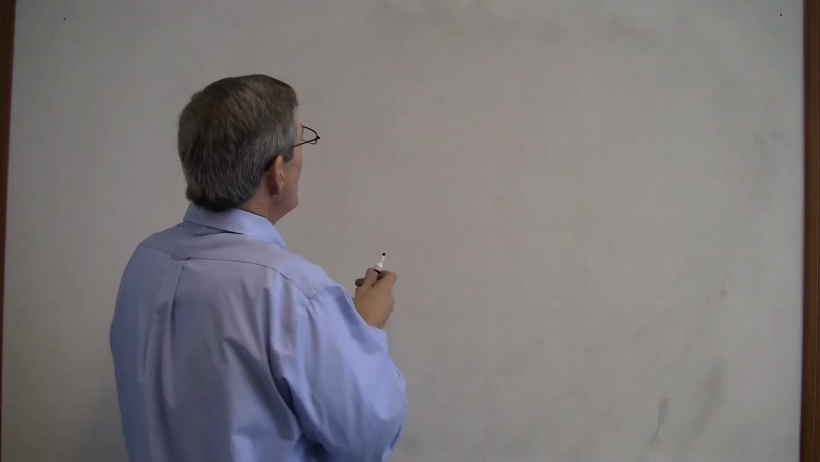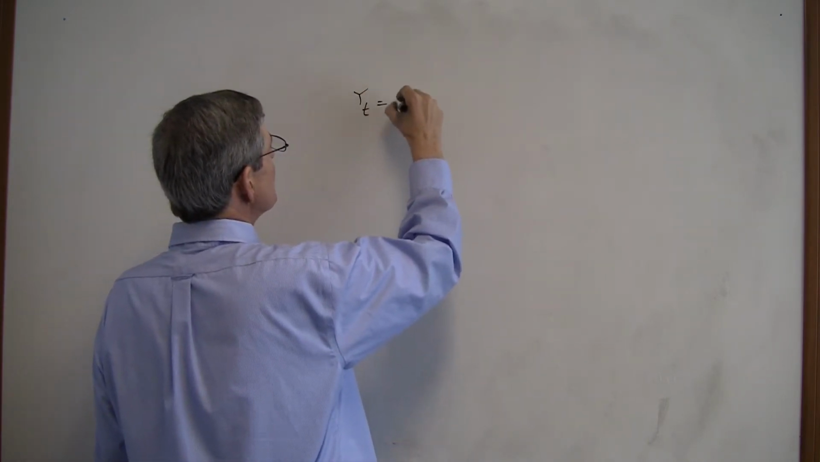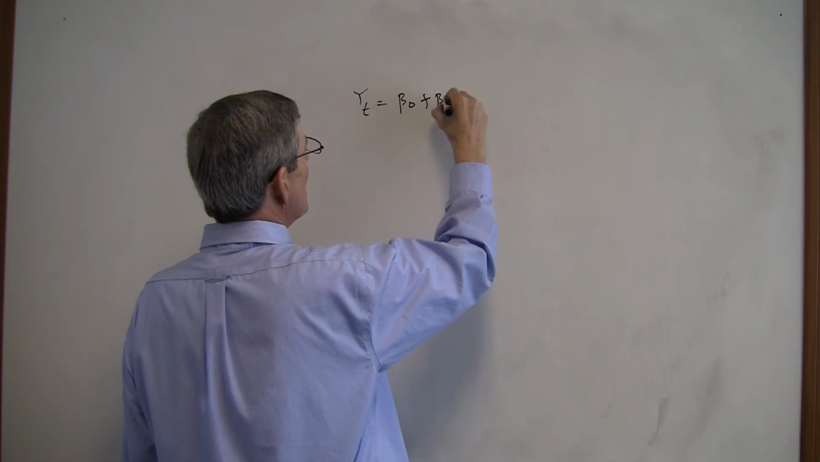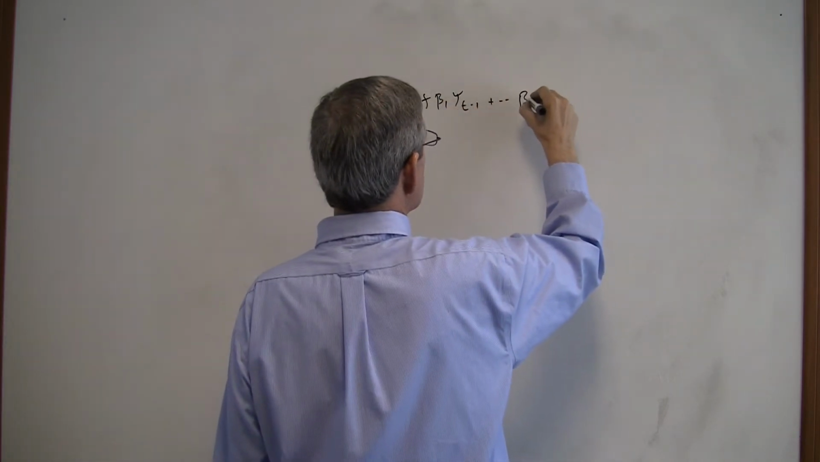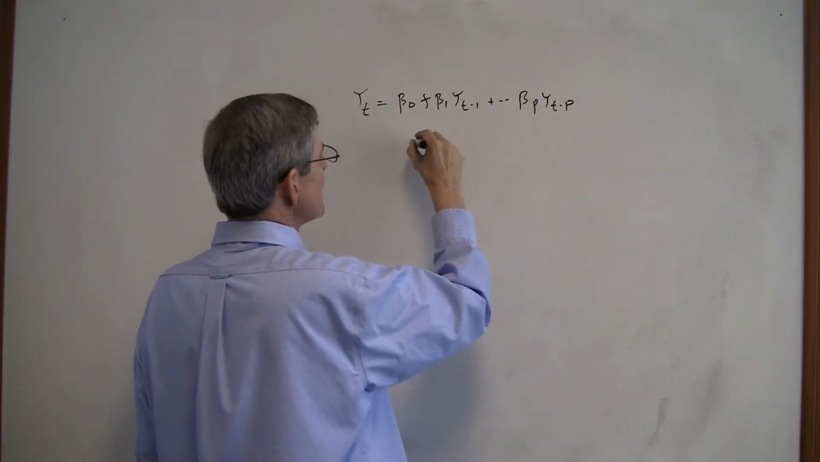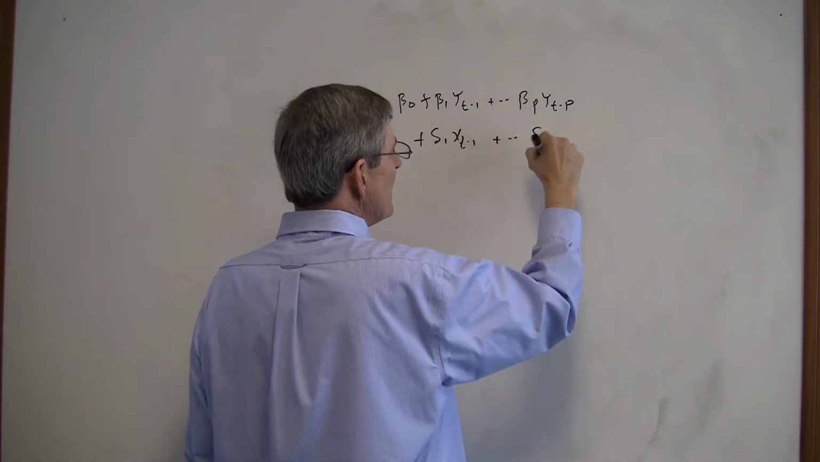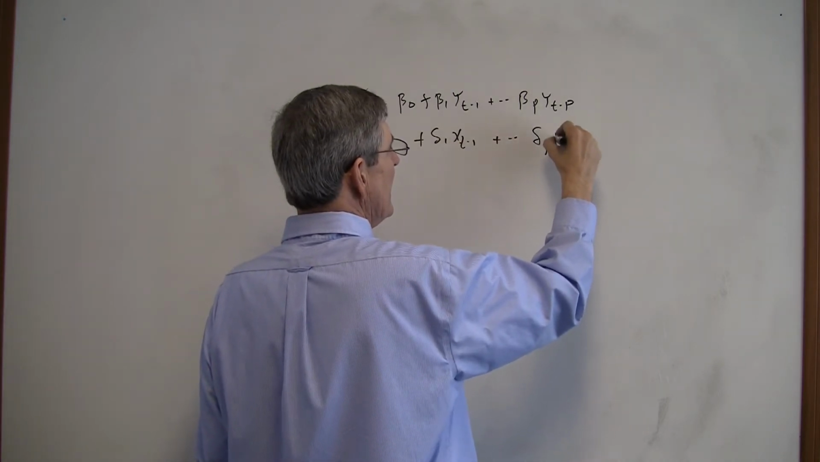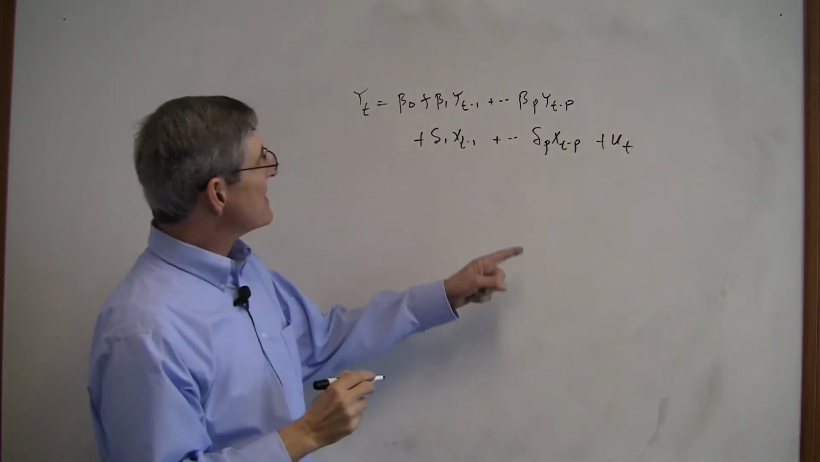You could do the same exact thing with, say, yt equals beta 0 plus beta 1 yt minus 1, out to beta p yt minus p. Let me just use 1x, plus delta 1 xt minus 1 plus, I'm going to call this delta p xt minus p plus ut. For these tests,